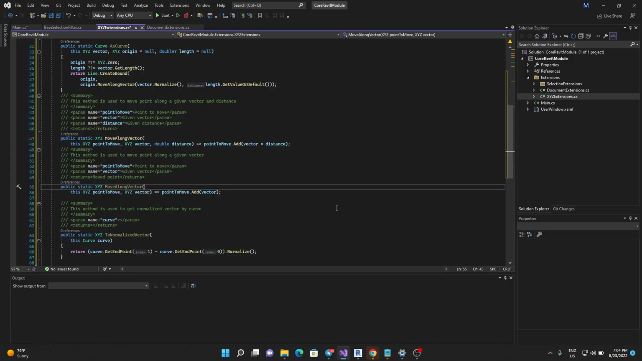Now we should get familiar with a very important concept, and actually two concepts, two techniques about vectors. The first one is the cross product, and the second one is the dot product. So first of all,